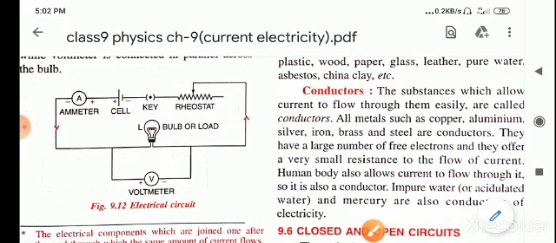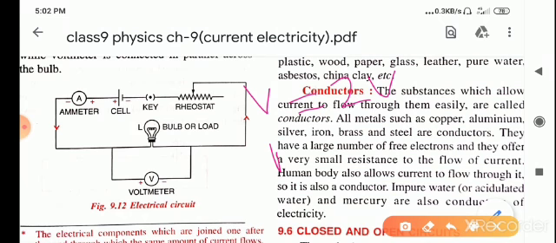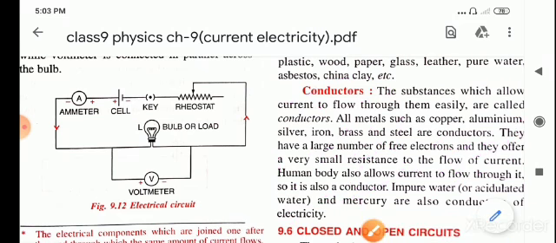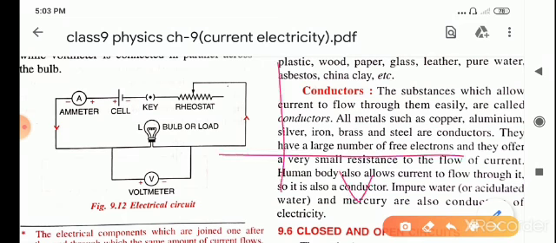Next step, consider V equal to 2 volt and I equal to 2 ampere, so resistance will be V upon I, that is 2 upon 2, that is 1 ohm, right? Similarly for 3, 4, 5, etc. Then the ratio of V and I is constant, right?